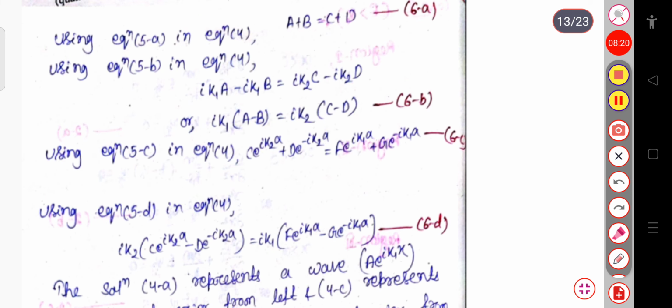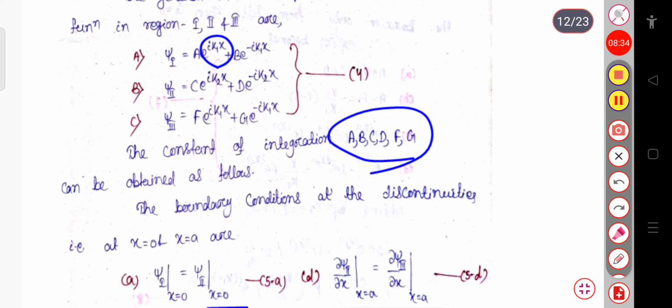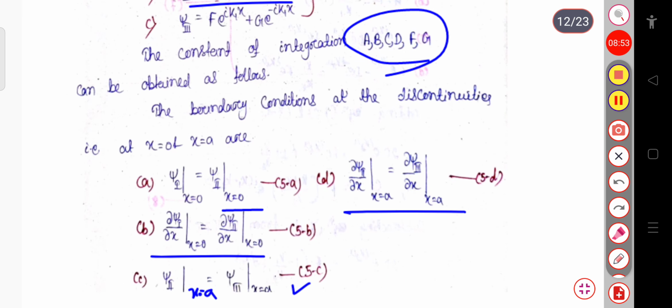Since we have already discussed the potential step and also the harmonic oscillator and square wave, at least up to this much you know how to solve this. So now if we put the value of x to be 0 here, exponential 0 is 1. So ψ1 at x equal to 0 equals ψ2 at x equal to 0, where exponential 0 is 1, so A + B will be equal to C + D. So this is your first expression. And now simply you have to take the first order derivative and put x equal to 0.